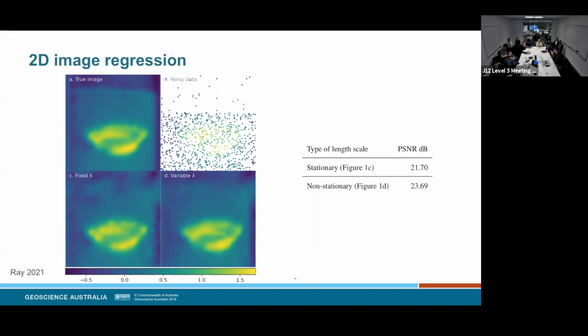This is from the image processing literature, and it's computed in dB. If your reproduction is as good as the original, then essentially your PSNR is infinite. So you can see that the non-stationary version of the algorithm performs better, and this is just the mean model.